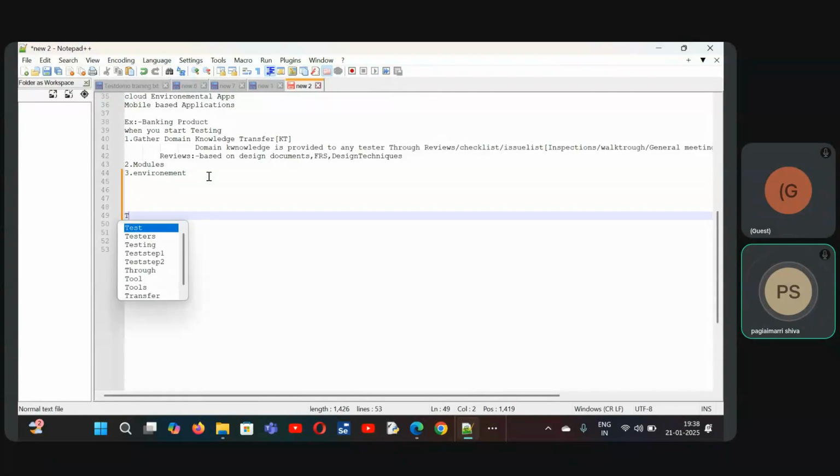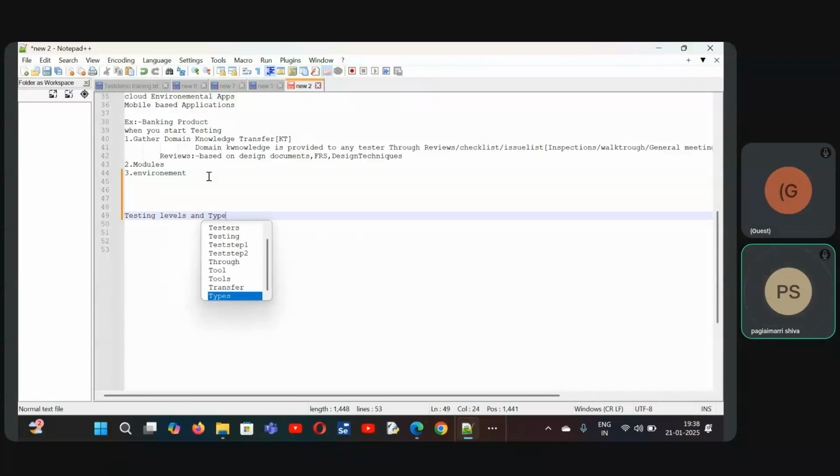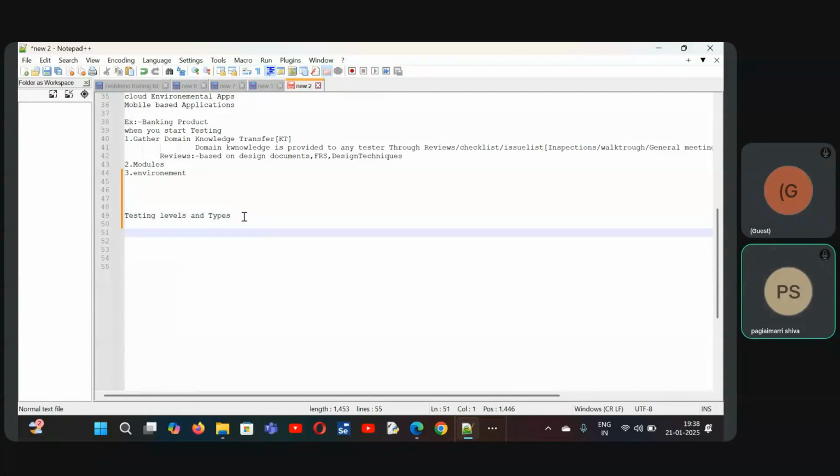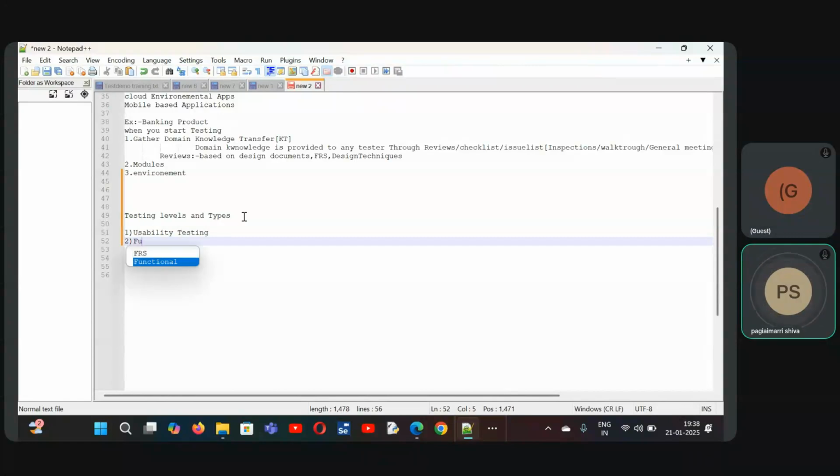These are called testing levels and types. The first one is usability testing, and the second one is what we do in black box testing, which is called functional testing,